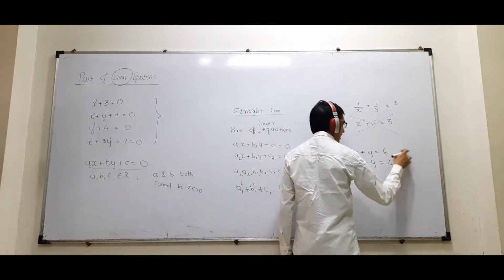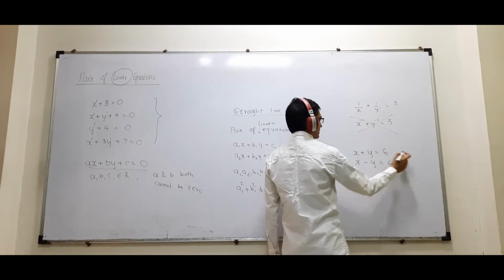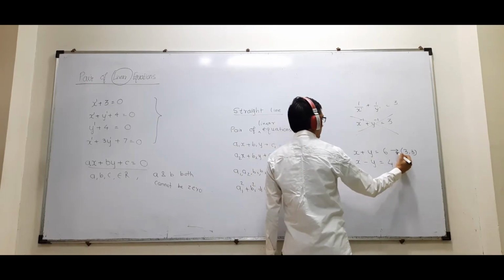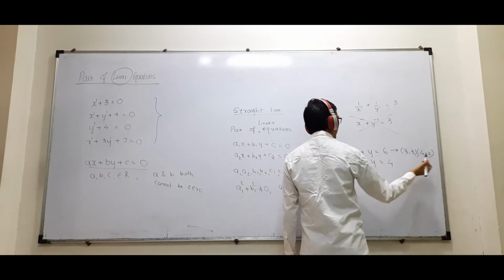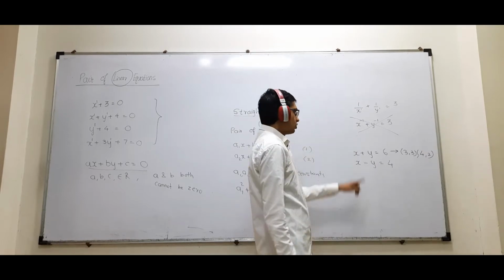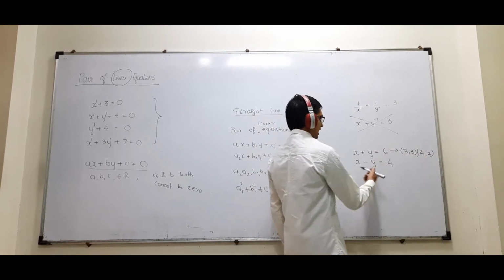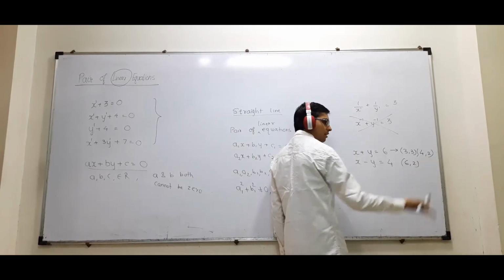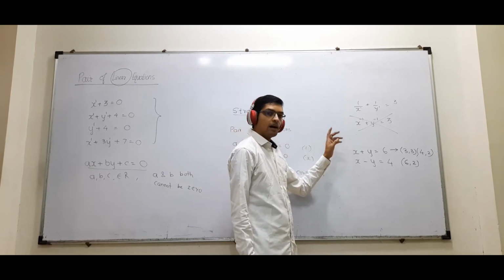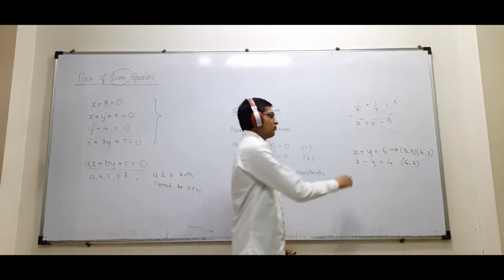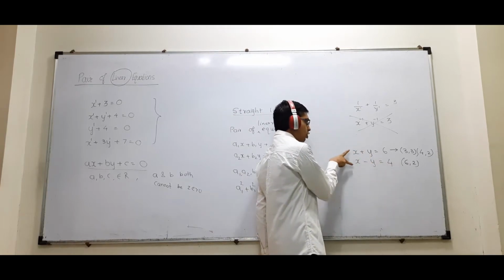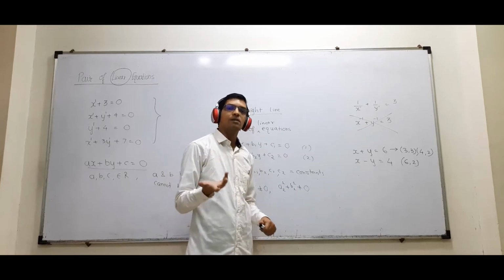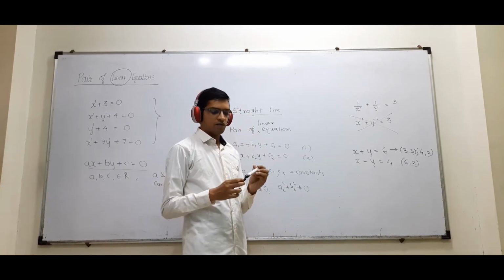If it satisfies only one equation, then it is a solution for that equation only. I can say 3, 3 will satisfy because 3 plus 3 is 6, only for this. I can say 4, 2, it will satisfy. Correct? So these two will satisfy this equation. I can say 6, 2, 6 minus 2 is 4. There are many options you can try. So there are various solutions for one linear equation. But if I talk about two equations at the same time, there can be only one solution or there can be many solutions. That we will see in the later part of the chapter.